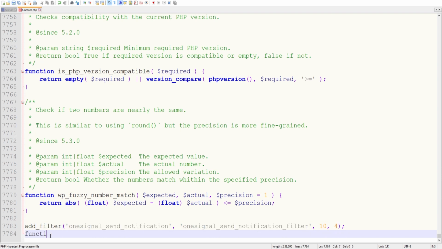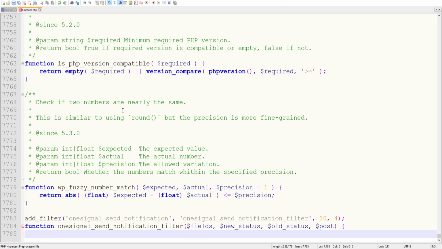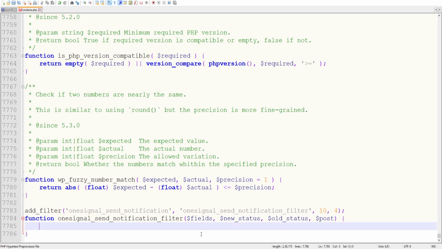Here we have to create a function, function onesignal_send_notification_filter, and we have to pass the parameters: fields, then the new status, then the old status, then the post, and here we will close it.